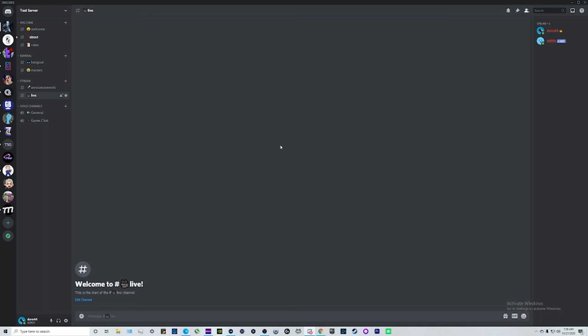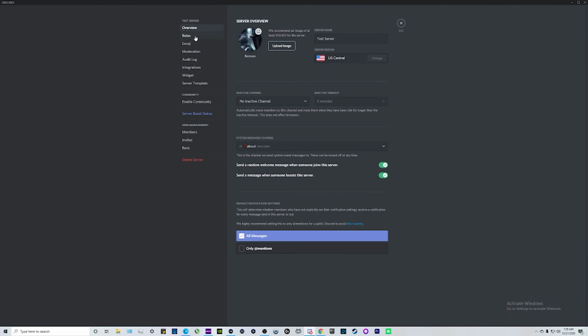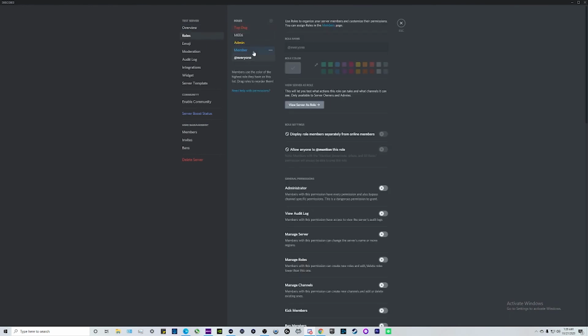A quick side note: when you have it set a role to each person, you need to make sure that Me6 is above other member roles. The way you would do that is go to this top left corner, click on this down arrow and go to server settings, go to roles, and then this actually has to be in order because you can drag these. And this actually goes in order of importance.